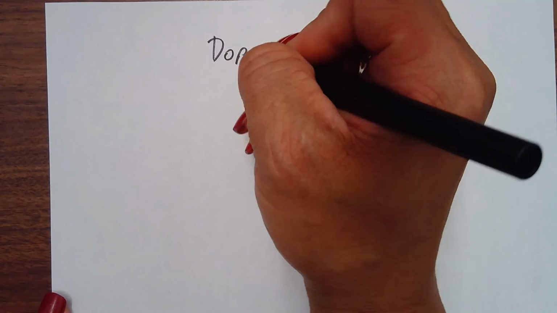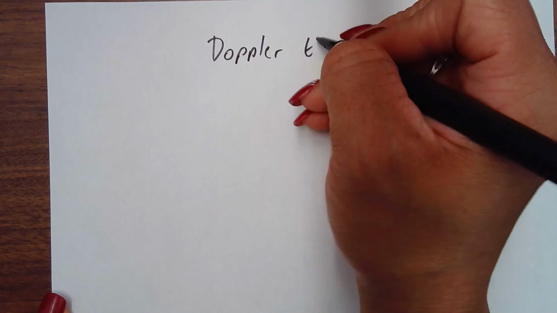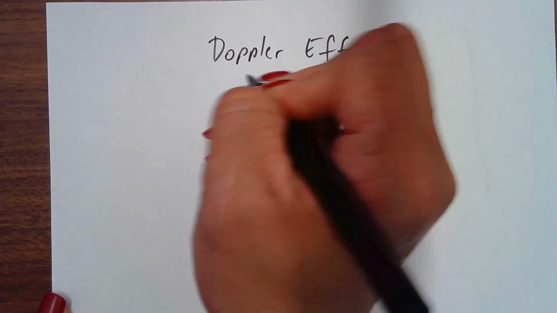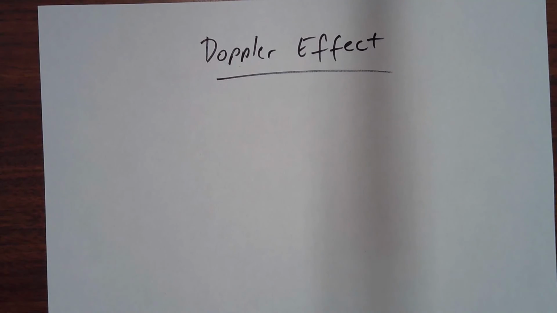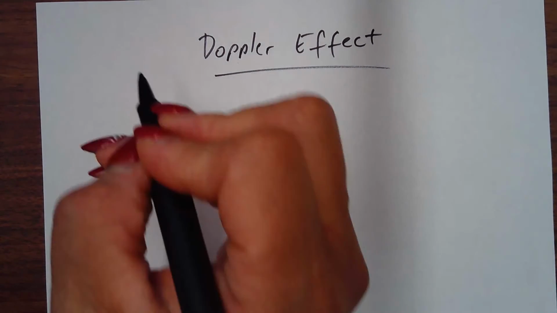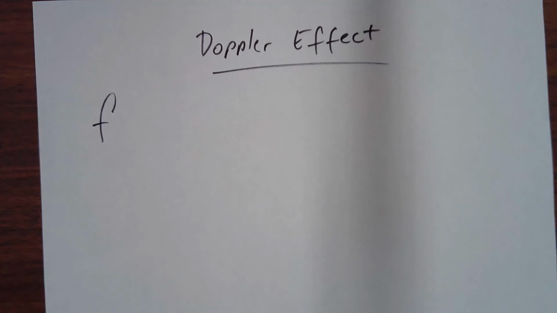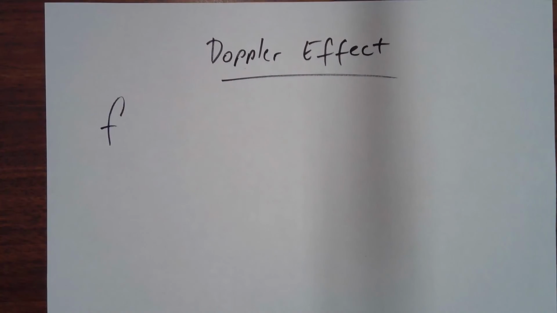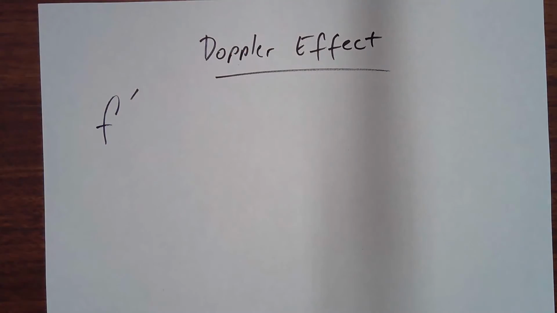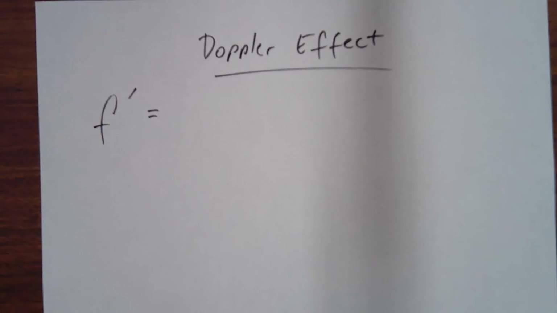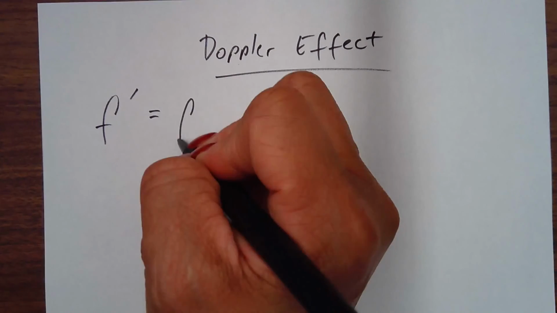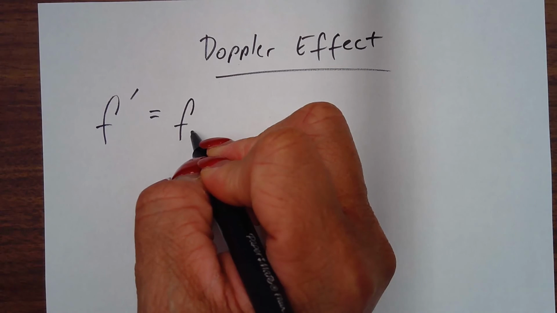Okay, so how do we actually measure this Doppler effect? So let's quantify it. We can calculate what is happening. So we just said that the frequency is changing in Doppler effect, whereas it's not changing in refraction, right? So for the Doppler effect, calculating the frequency, I'm going to call this one F prime. I'll define this in a second here.